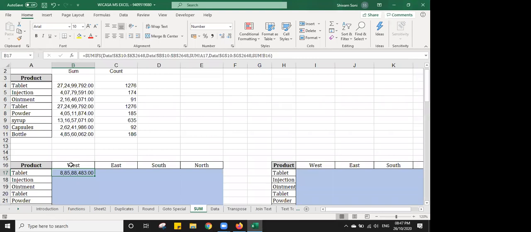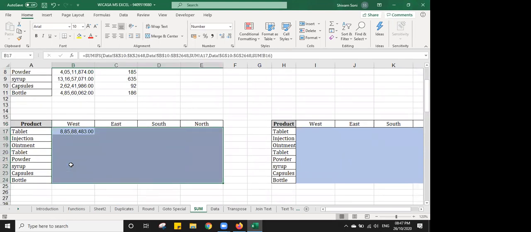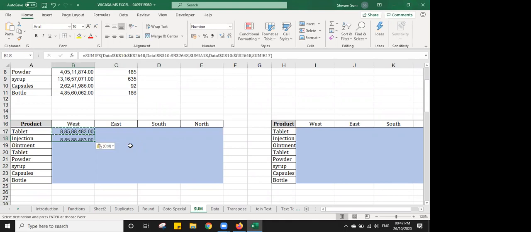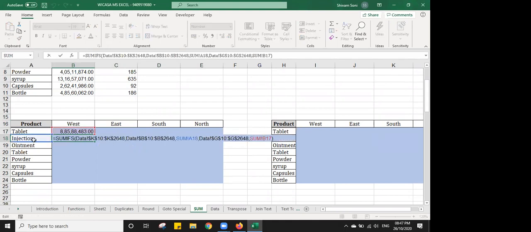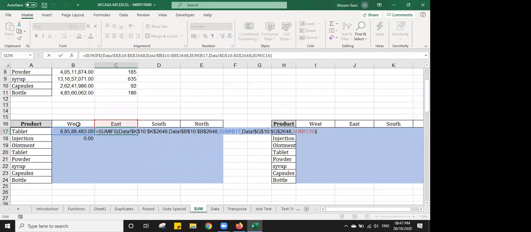Now what we need to do is give this formula to the whole table. We need to make this formula workable for the whole selection. Suppose I copy this formula and paste it over here. What will the criteria be? It will be injection, but my above selection will get changed. If I press F2, you can see that my selection got changed. So I don't want to move row from here and I don't want to move column from here. So I will freeze my row.